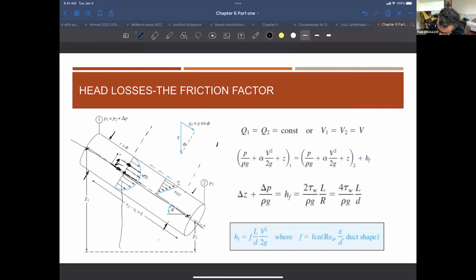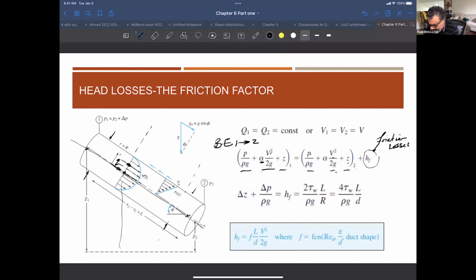So if I apply the Bernoulli equation between 1 and 2, we have pressure, velocity squared over 2g, plus potential heads. This is at 1 and this is at 2. Just ignore this alpha here, because v squared over 2g is a kinetic energy, but alpha is considering that the velocity profile or distribution is not uniform. Those are the 3 terms of the Bernoulli equation at point 1, and those are the 3 terms at point 2. The difference between 1 and 2 is what we call the friction